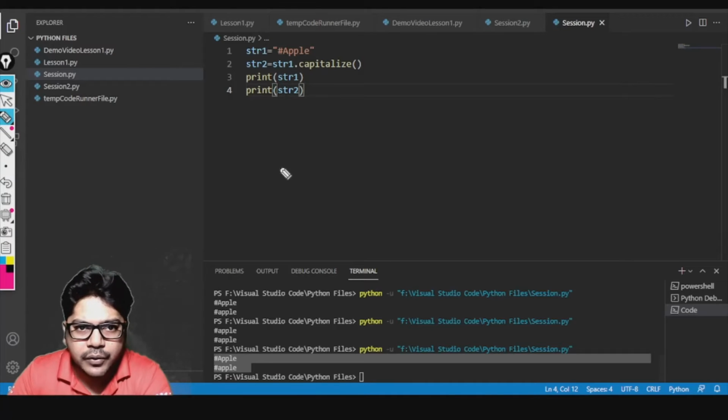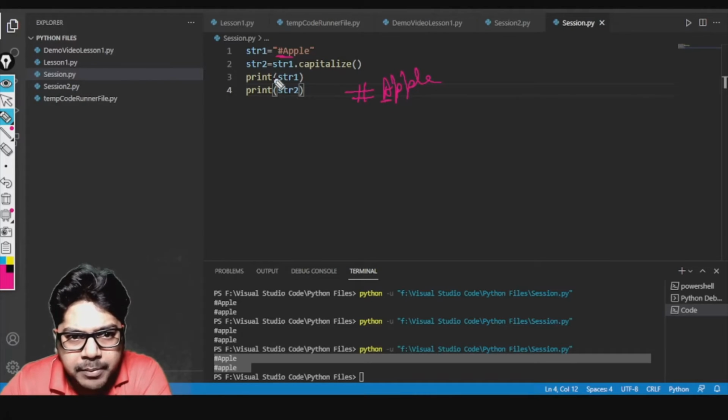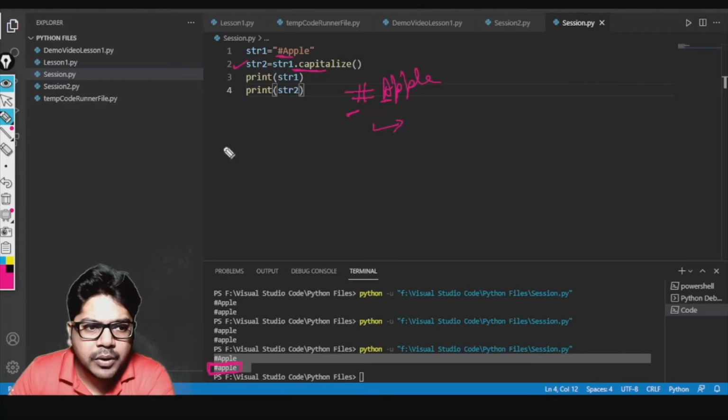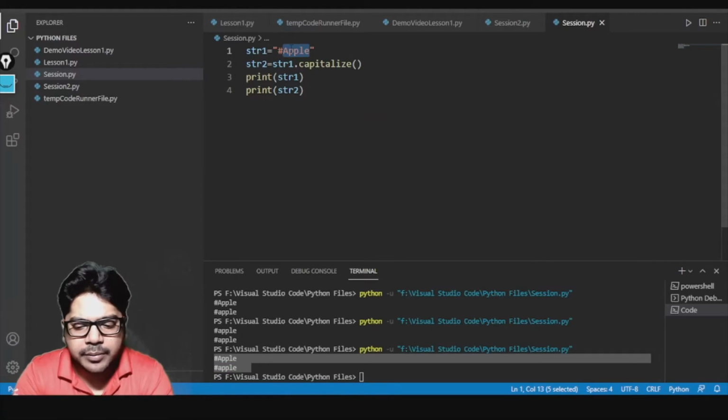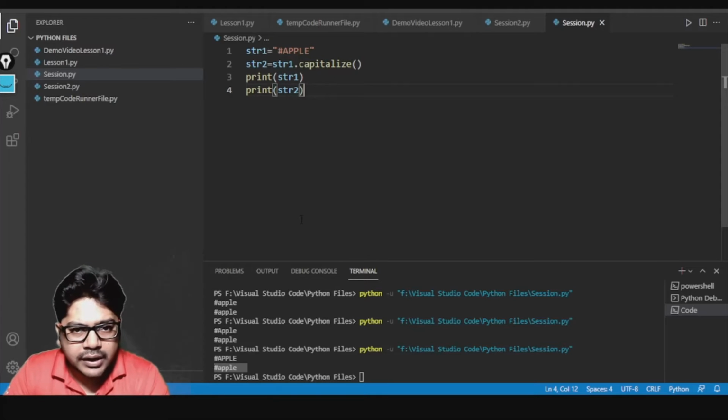Now there is one more thing. If you have noticed here, I gave str1 as hash apple, right? In apple, e was capital, but when I use str1 dot capitalize, you see the output I'm getting. I'm getting a as small. So it tried to change only the first character. If it found that it is not a letter, the remaining part it converted into lowercase. Let me try to write apple all in capital letters, and let's see how it works. Can you see? It converted everything into small letters. So this is another insight you got now, right? The first character will be capital, and the rest will turn into small letters.